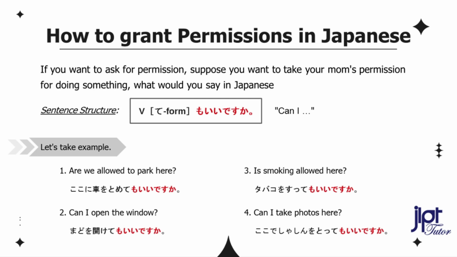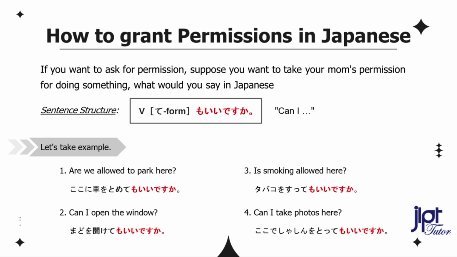Can I park here? ここに車を止めてもいいですか？ Can I open the window? 窓を開けていいですか？ Is smoking allowed here? タバコを吸ってもいいですか？